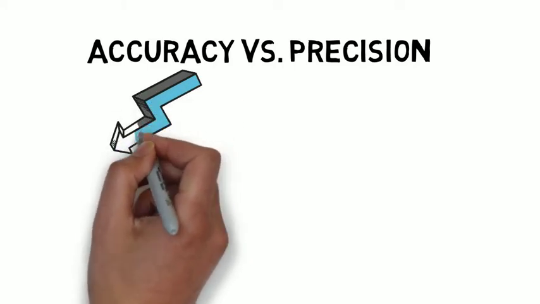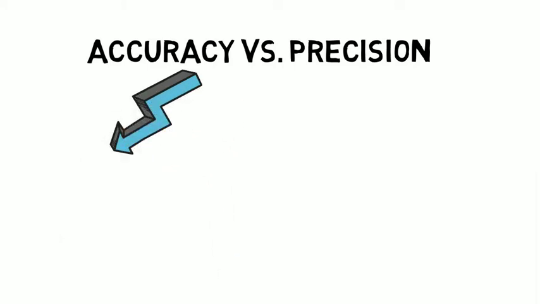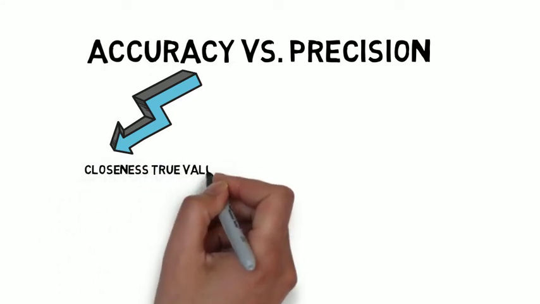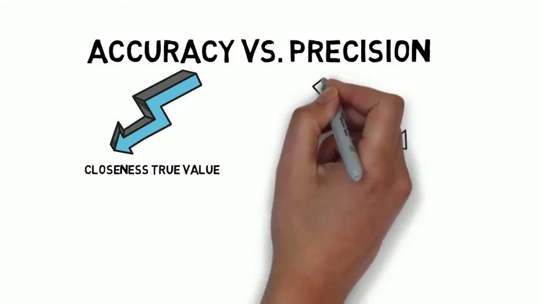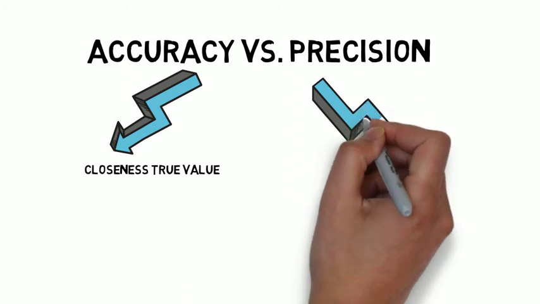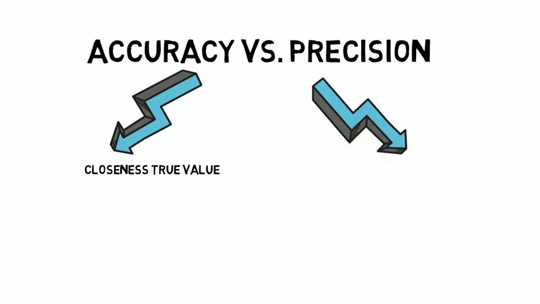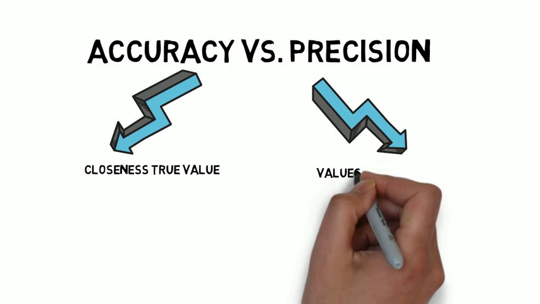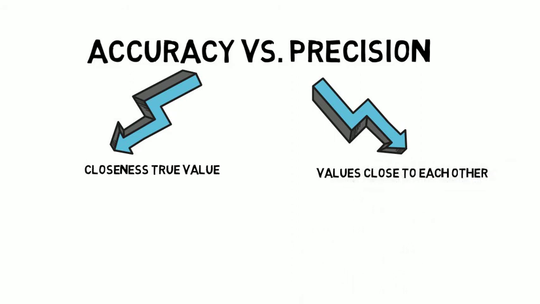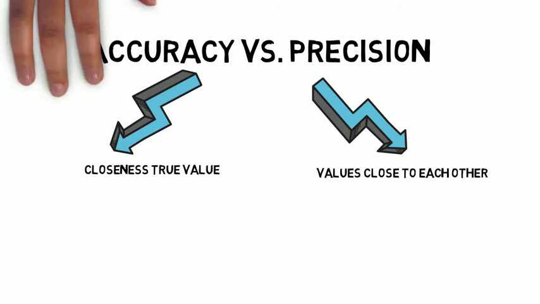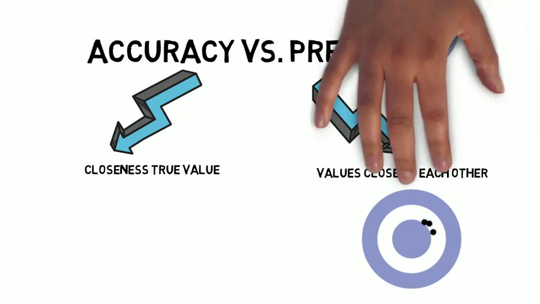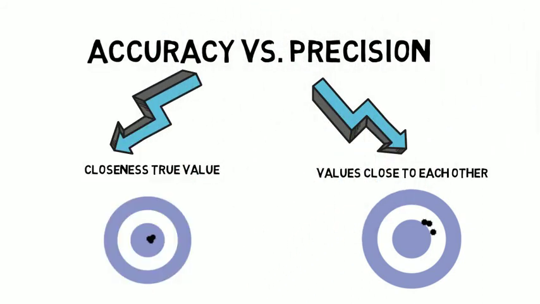The last thing we're going to talk about is accuracy versus precision. Accuracy is a measure of how close to the true value that you are. So if you know water boils at 100 degrees and you measure it using a thermometer at 100.2, you're pretty good. Precision is a measure of how close your values are to each other. So if you measure the boiling point of water 10 times and all of your values come out close to each other, then those values are precise. So we're going to have a picture coming up here of precise, right? Precise. The dots are close to each other. And now